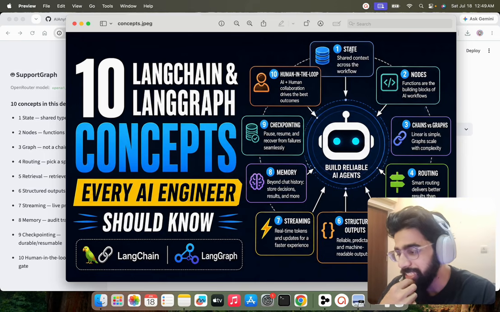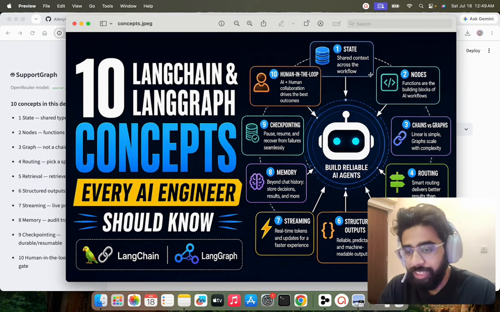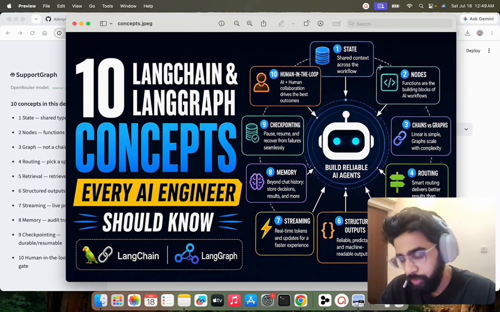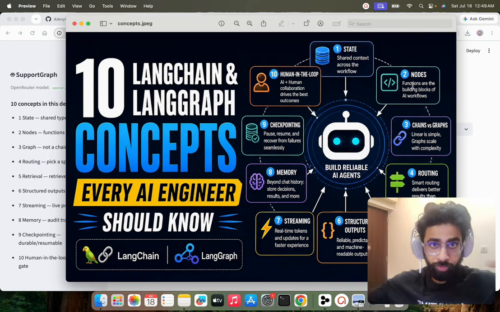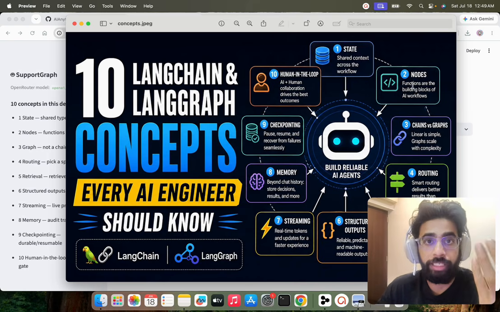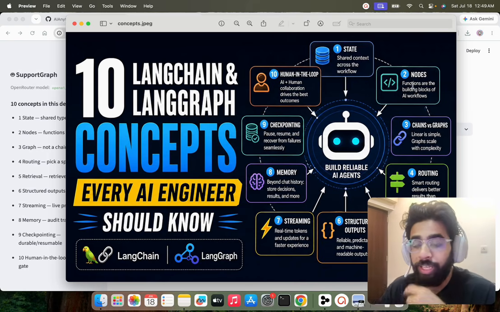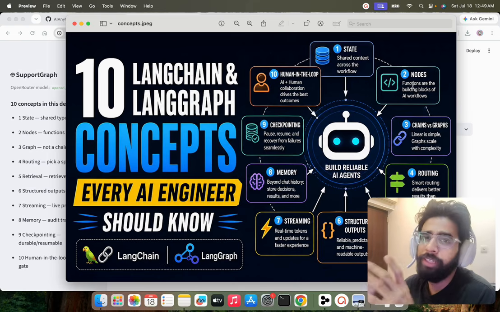Starting from state, you can look at here. It says shared context across the workflow. It's stateful. So in a workflow, let's say you're working with a multi-agent workflow, you can share the context. Everything is context today.